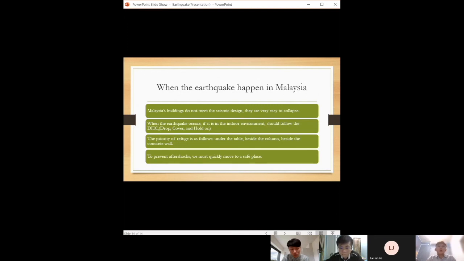When the earthquake occurs, if you are in an indoor environment, you should follow the DCH: drop, cover, and hold on. The most important principle of the on-the-spot refuge is to protect the head and body. The priority of refuge is as follows: under the table, beside the column, beside the concrete wall.